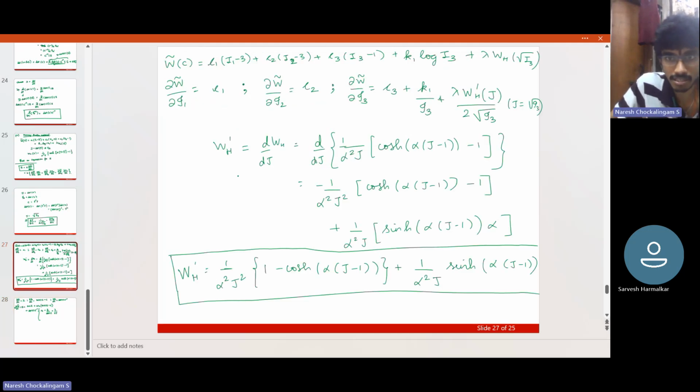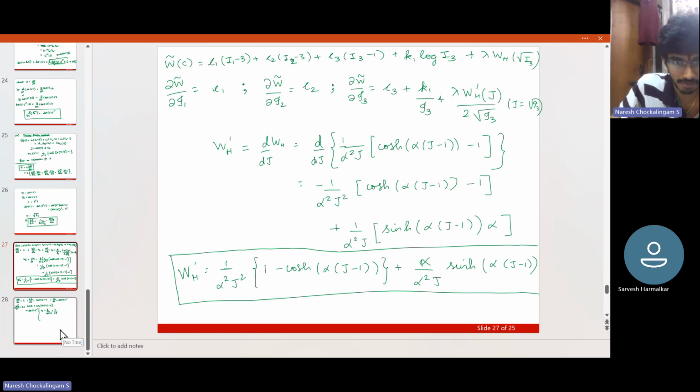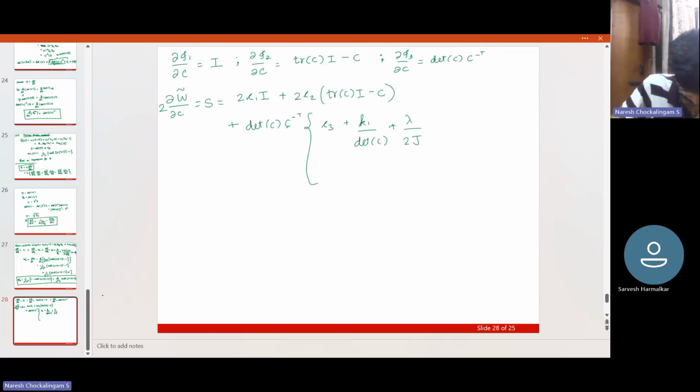Multiplied by WH dash of J. And that is this, right? That's actually this big expression. So it is what? Oh, sorry, there is an alpha here. So there's an alpha by alpha square. So that is this expression is 1 by